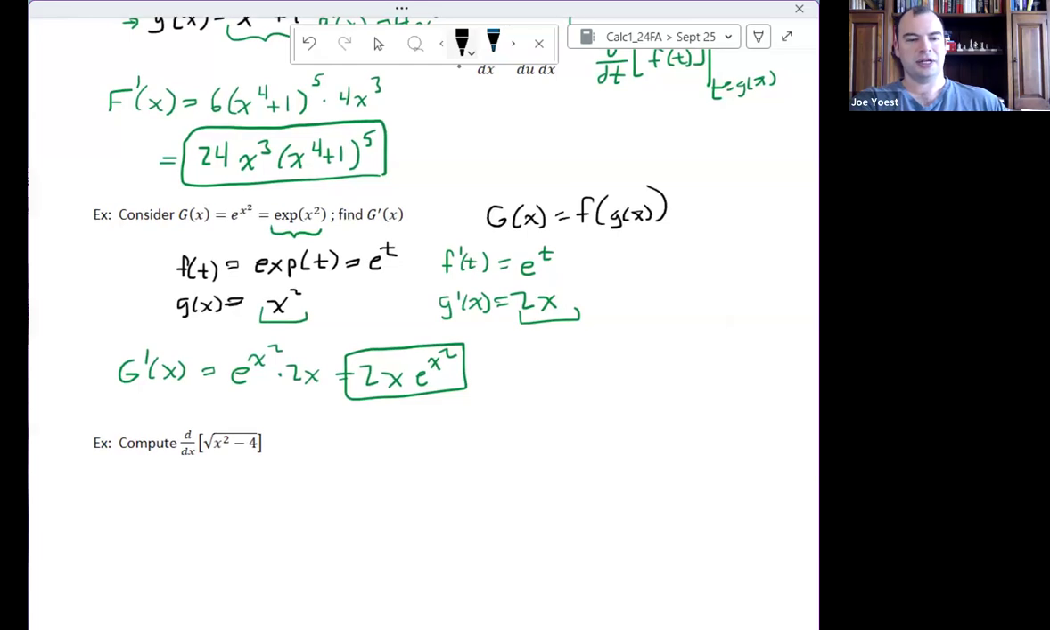Okay, another approach that I could take is something like this. I could say, if I have the derivative of the square root of x squared minus 4, if I let u be x squared minus 4,